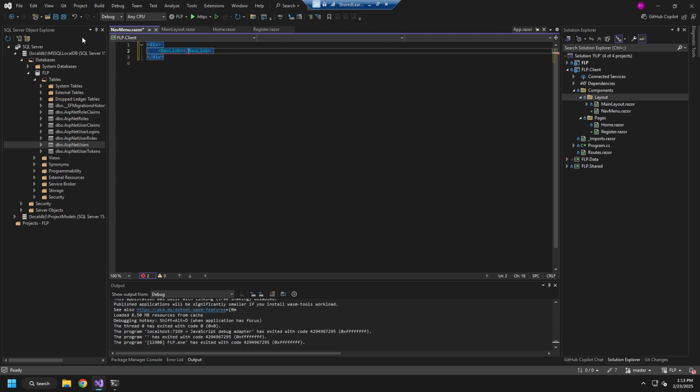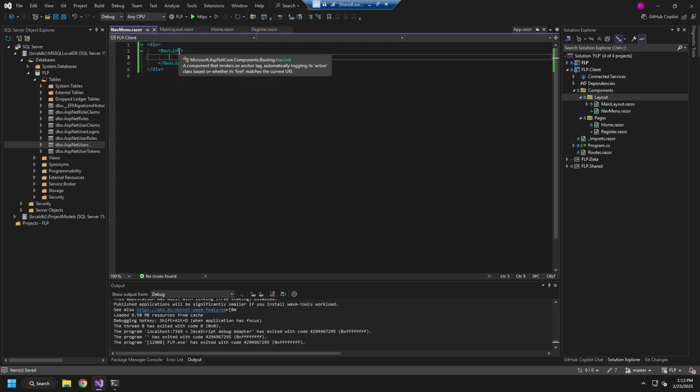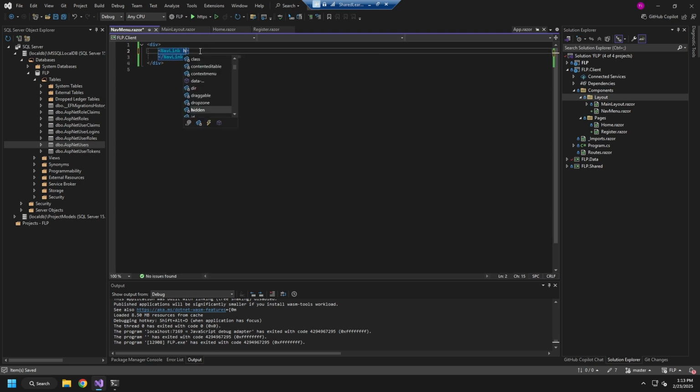Okay, so a nav link, this is going to get you the same kind of features as an href equals. So we have a nav link, and we're going to have a match to,